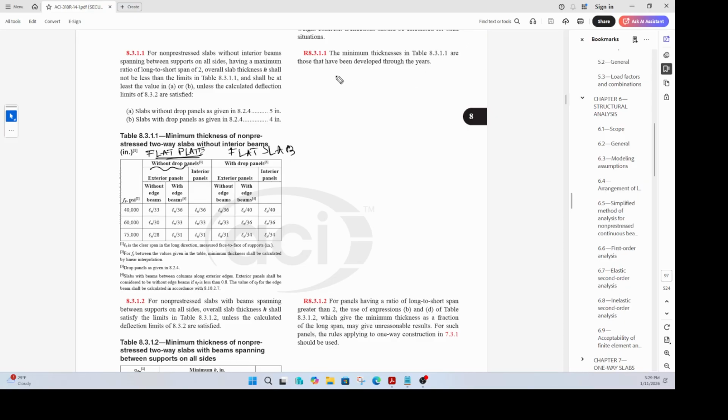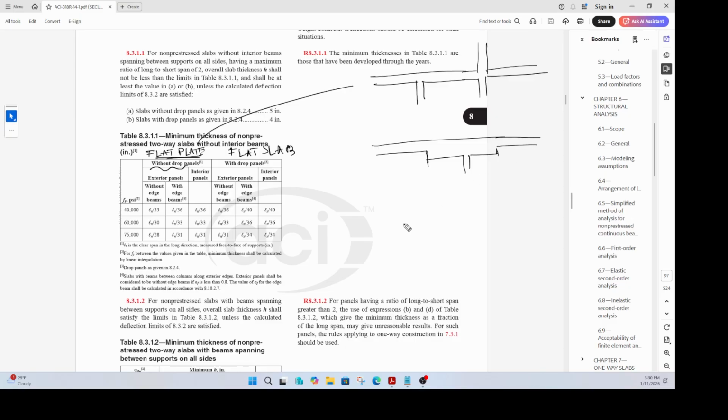So for example, the flat plate will look something like that. So this is one column, there's another column, maybe there's a column on top, right? So that is a flat plate. Whereas a flat slab will look like something with either a drop panel or a shear cap. So with a drop panel. Okay. So if you have to decide the minimum thickness of a flat plate, then you come to this box,